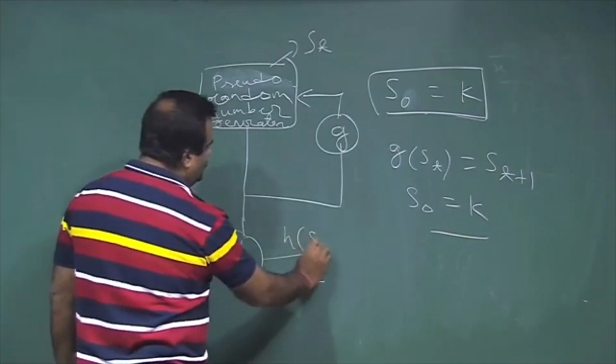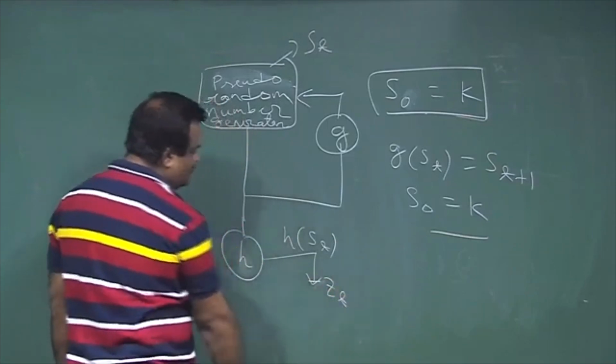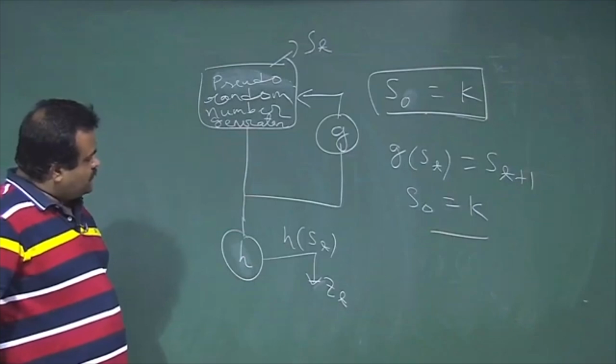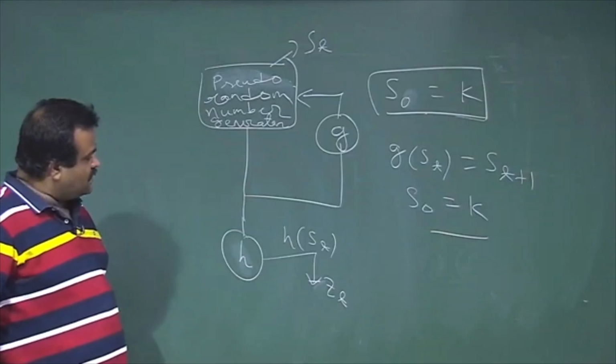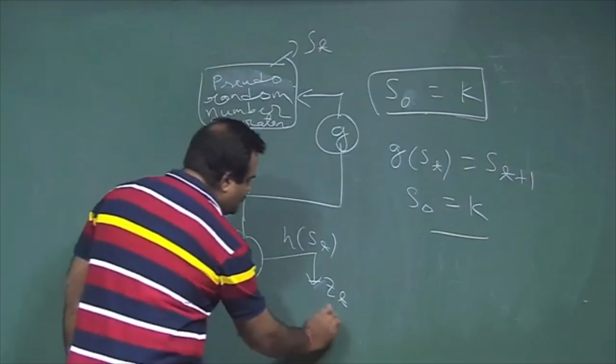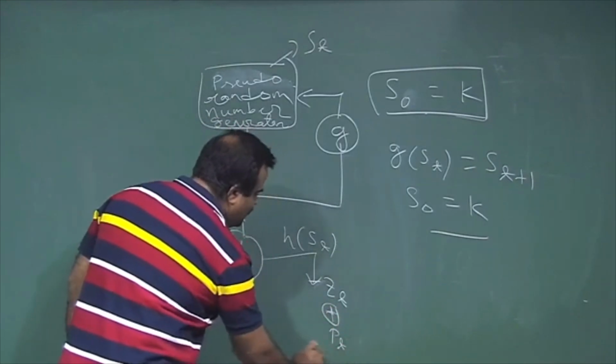So H of ST is basically ZT, the key stream bit of the Tth step. Then we XOR this key stream with the plaintext bit PT, and we generate the ciphertext